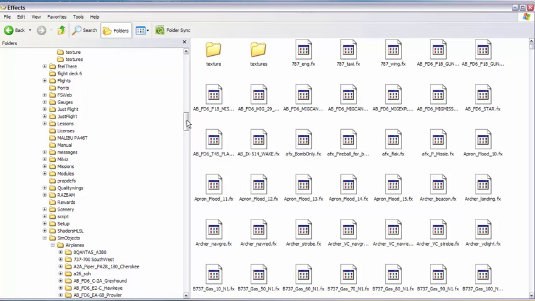Okay, so there we go. There's just, I hope, a good, clear example of how to navigate your computer's hard drive, and make the installs a lot easier for you. I hope that helps you